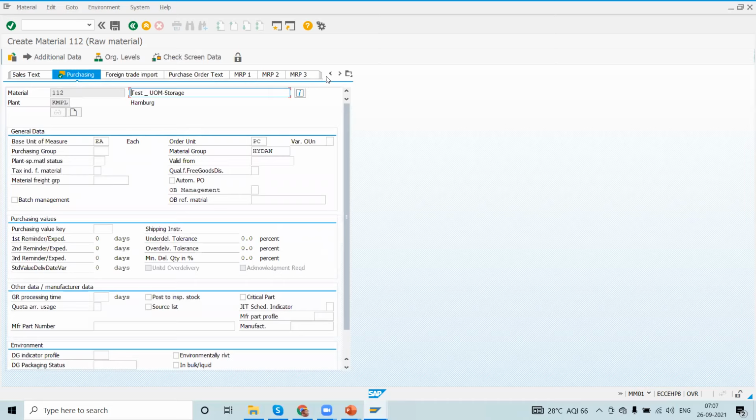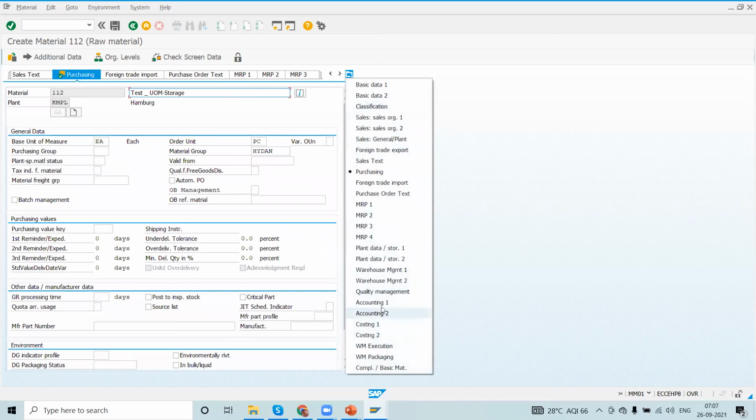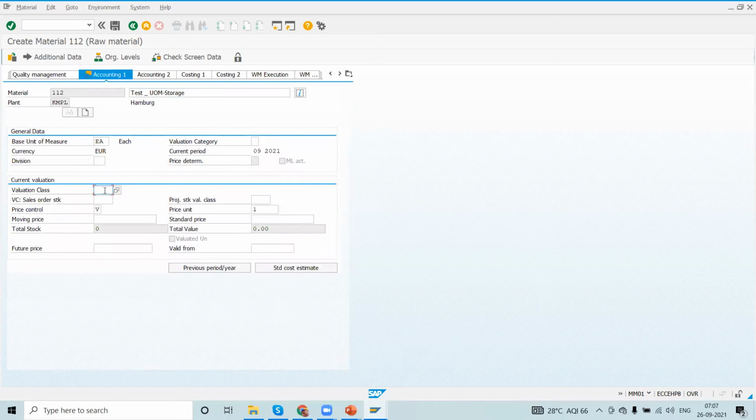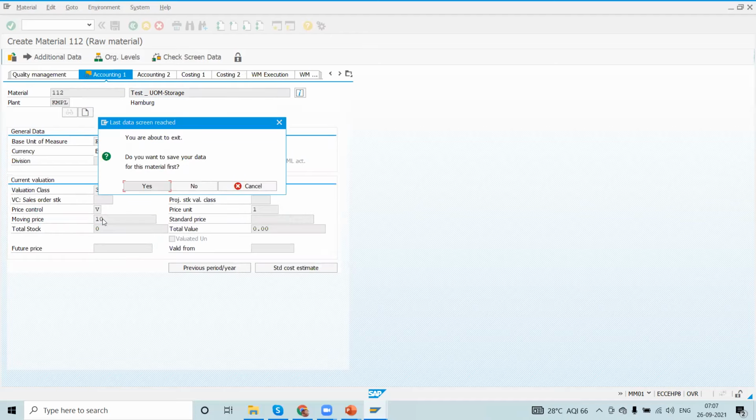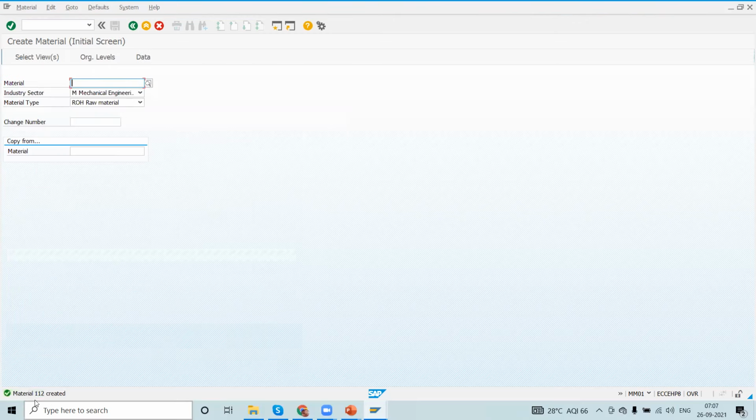Now maintain the accounting view. I have created a material now. 112 is the material which I created. Now, as per our system, I need to transfer this material to the EWM system.